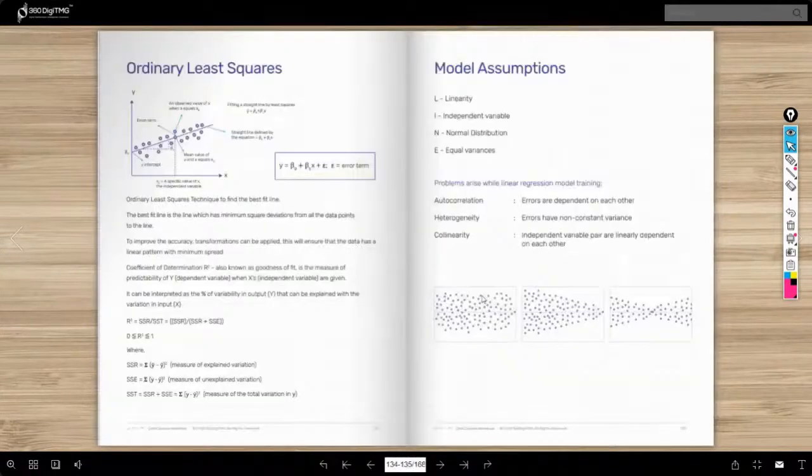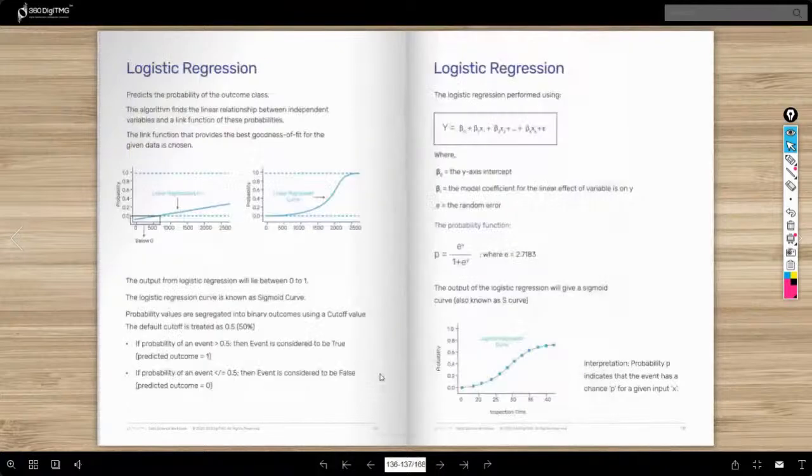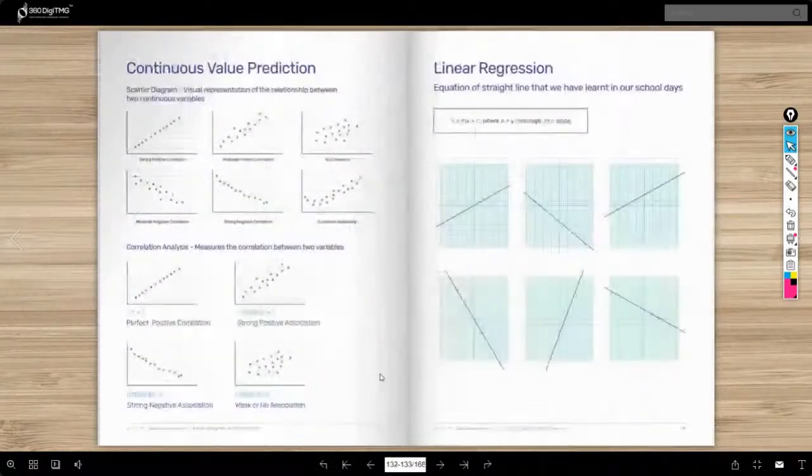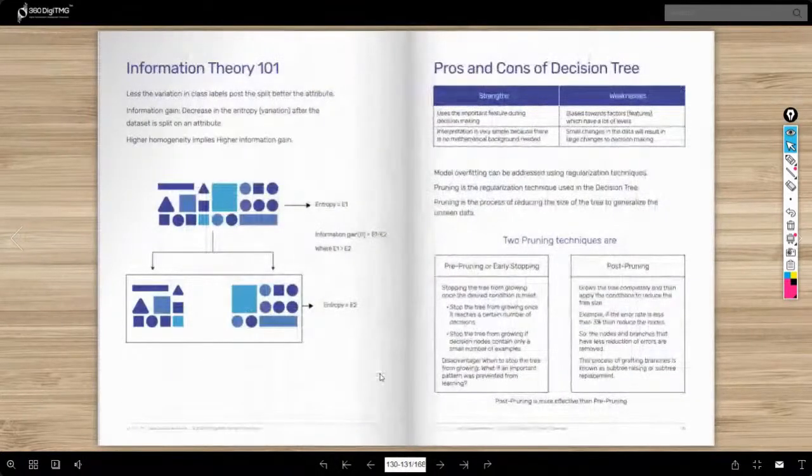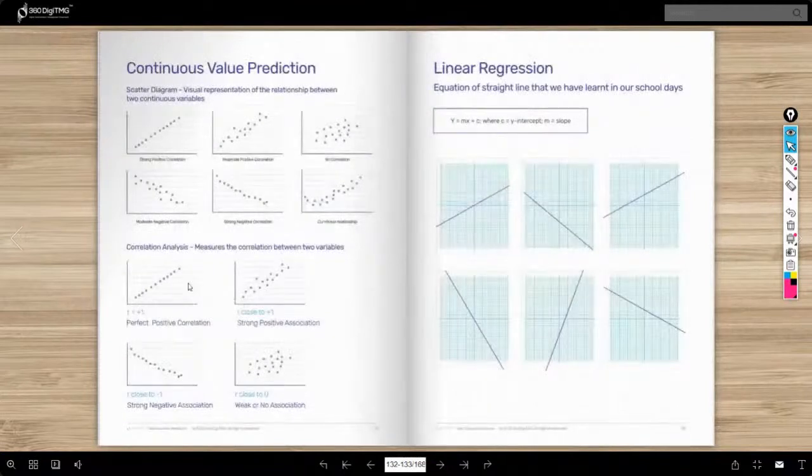This is continuous data, and I'll explain this also. The scatter diagram is basically talking about the relationship, and you can see those different types of relationships can be